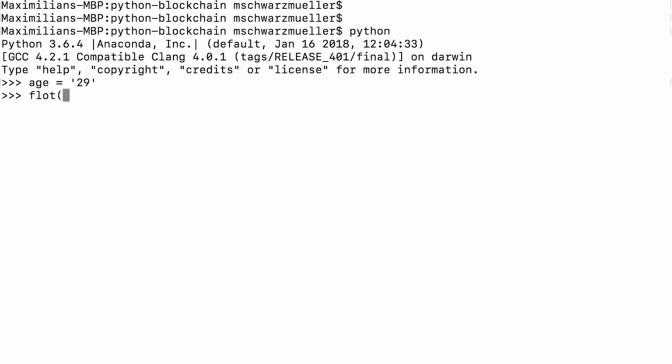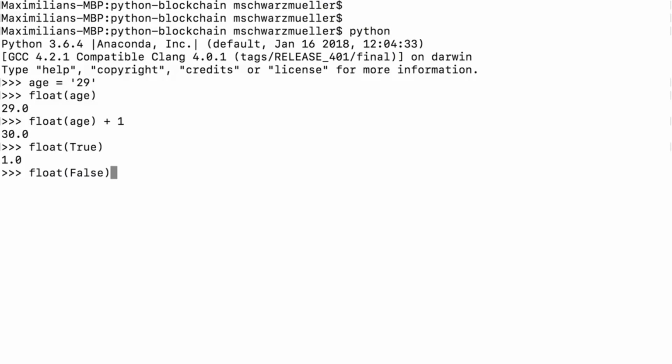Now we can also output float age, and we get 29.0 because it's converted to a float, so to a number, and as a special number, a float. Therefore, float age plus 1 would give us 30.0. If we write float true, we get 1.0, and float false is, what would you guess? It's 0.0. So it's basically the same result as with the int function, but always attaching a decimal place.